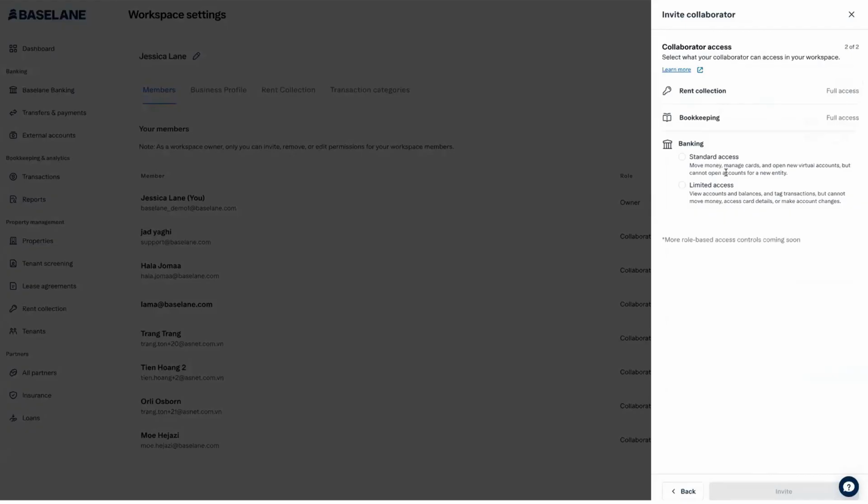This is part of Baselane Smart. There are two options here. We have a lot of feedback on how we can enhance our workspace access, our collaborator access by giving a certain account view and such. This is not implemented yet. This is stuff that we'll probably implement in the coming months, but we do give you the option to give